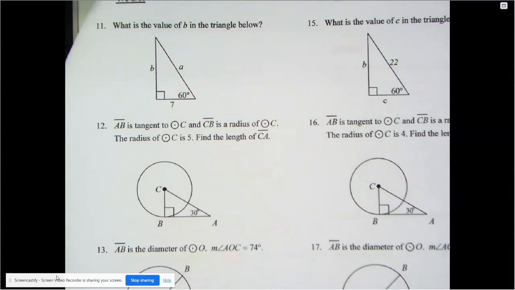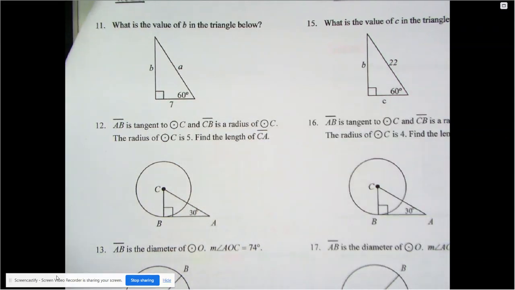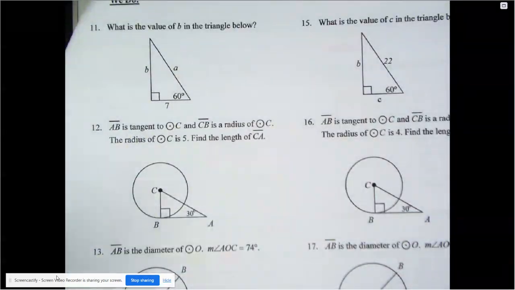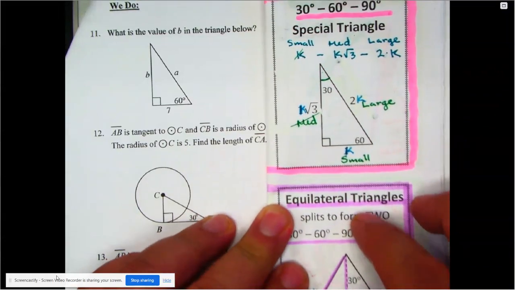So here we go. Let me get my word wall here. I see that there's a 90-degree triangle with a 60 in it. So this goes back to our previous lesson. See, it has a 60 in it. Then I'm going to be applying this part of the word wall. And this part of the word wall is the one that we say